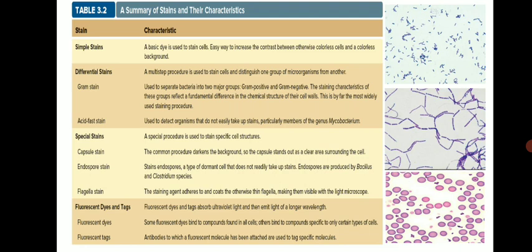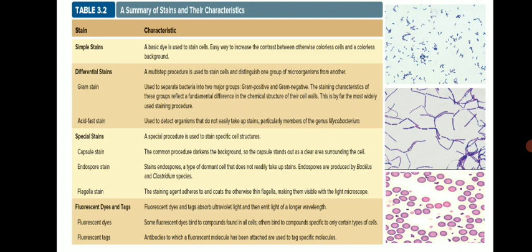Gram stain is very popular. You have been studying it since your first year, and it differentiates cells into gram positive as well as gram negative. Then again, the acid fast stain is used to differentiate acid fast and non-acid fast bacteria. Acid fastness is generally a characteristic shown by actinomycetes, and a very popular pathogen from that group is Mycobacterium tuberculosis. So this technique is widely used in detection of Mycobacterium tuberculosis infection.